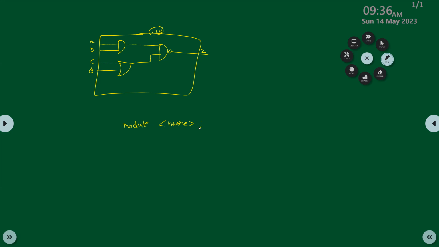Okay. So the tool will understand this is the start of your logic. And if you give an endmodule, the tool will consider that the definition of the module ends at this point. So the remaining everything is the body. Okay, module is a keyword and this is the name. So let's say this circuit is circuit one. So module